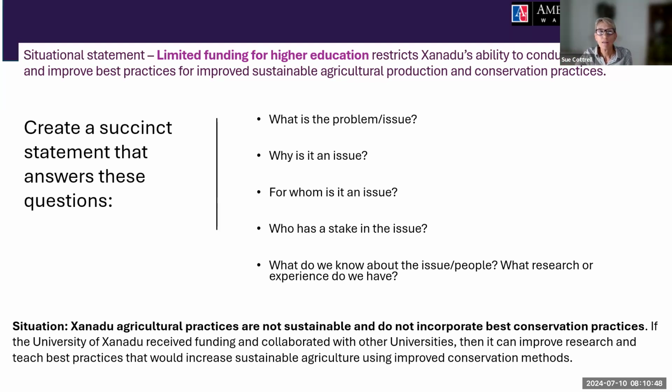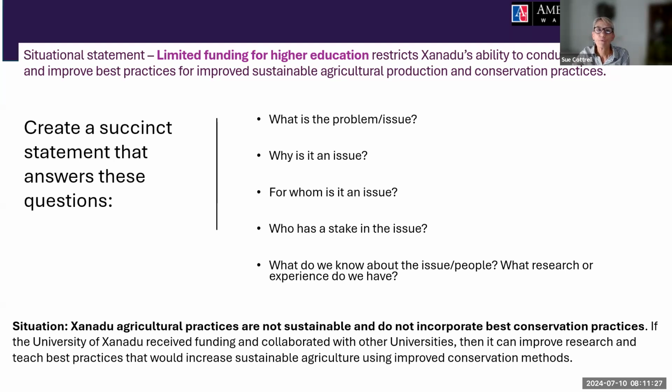The project that we're going to use as an example, think in terms of a foundation that is gathering money, finding money to support funding for a university. So limited funding for higher education restricts Xanadu's ability to conduct research and improve best practices for improved sustainable agriculture production and conservation practices. So I use the fictional country of Xanadu, and